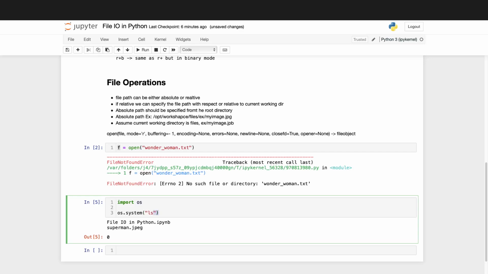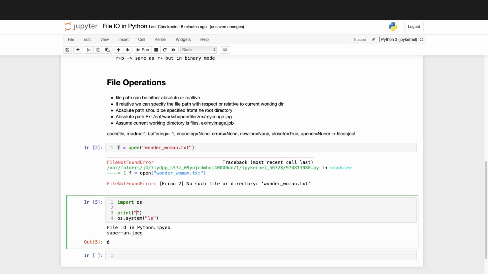And let's say, what is this? This is a relative path. Do you understand what my current working directory is? We have a command for the current working directory, so let's print that one. Print directory, which is